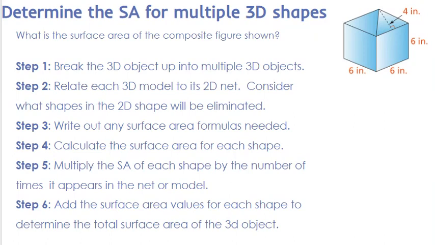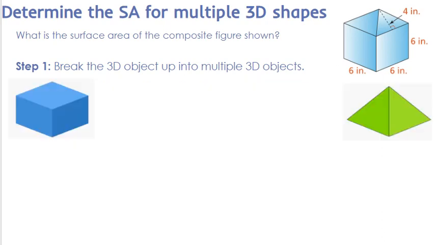We're going to calculate the surface area for each shape, multiply the surface area by the number of times the shape appears, and then add all the surface areas together in order to determine the surface area of the final shape. So our first step is to go ahead and break it up into the different 3D shapes that we